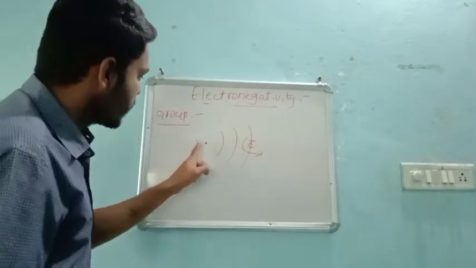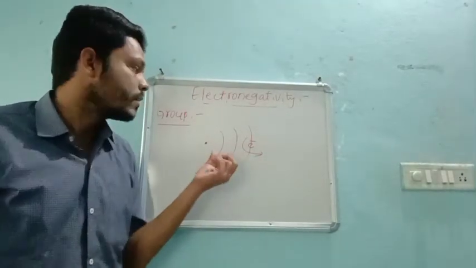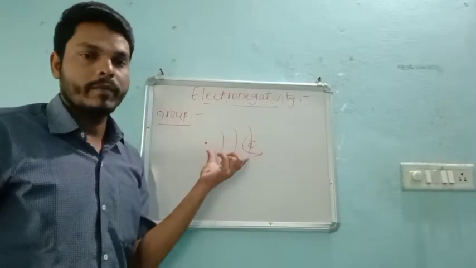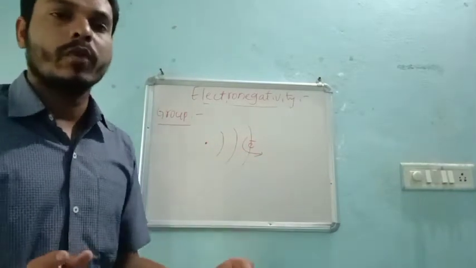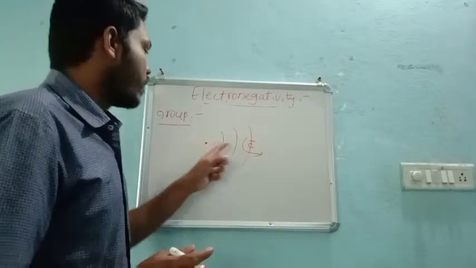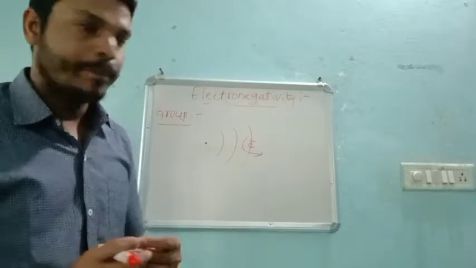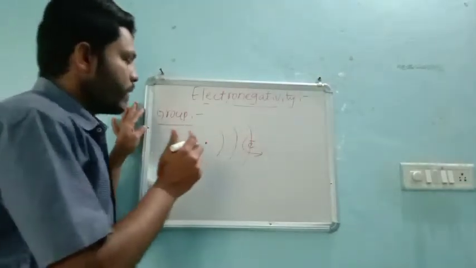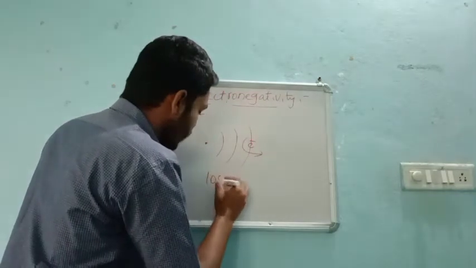Why? Because the distance between the electron and the nucleus is far. If the distance is more, then definitely what happens? We can very easily remove this electron, right? So now whenever there is a loss, see, remember again,